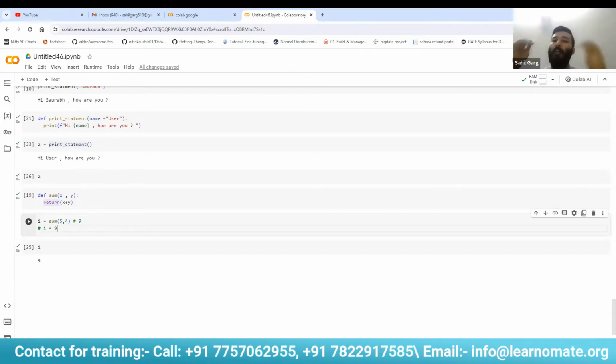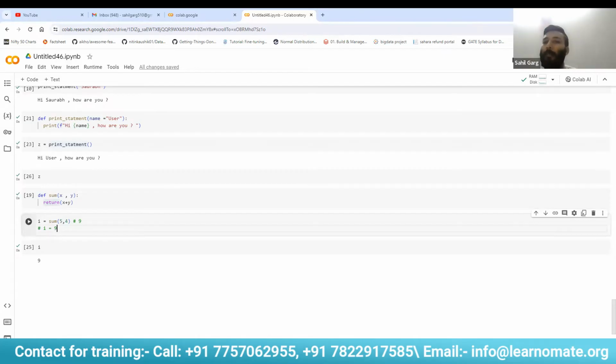Suppose you have data which you want to clean first: cleaning the outliers, then cleaning for duplicates, then cleaning for skewness, and after performing all of this, you want to store your result in a new variable so that you can compare it with the original data. That is where this return value helps you